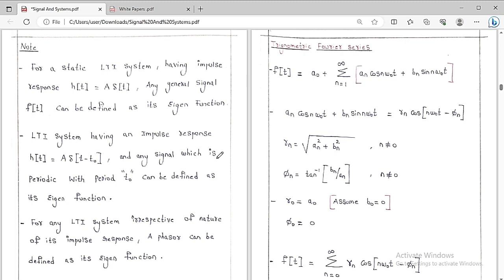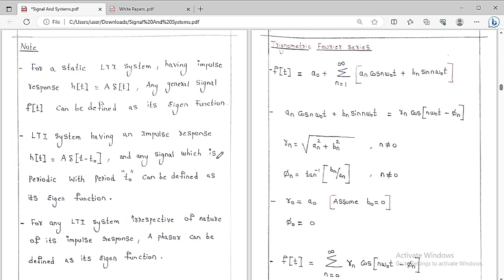So then, carefully: for an LTI system having an impulse response h(t) = a δ(t − t0), any signal which is periodic with the period t0 can be defined as its eigenfunction. I have already told you, suppose you are taking an LTI system having the impulse response h(t) = a δ(t − t0), then if you give the input as f(t), what is the output? It is a f(t − t0). Suppose you are taking f(t) as a periodic signal with a period of t0, then